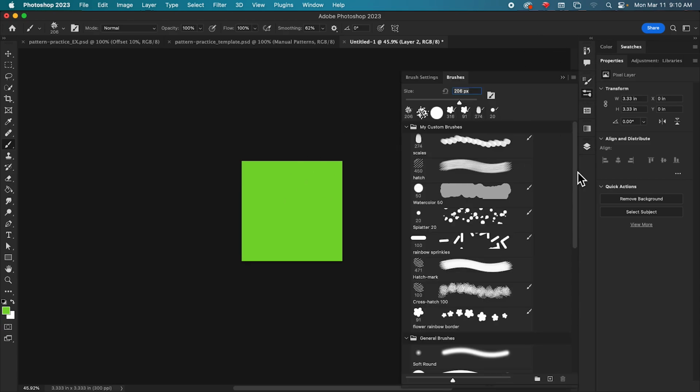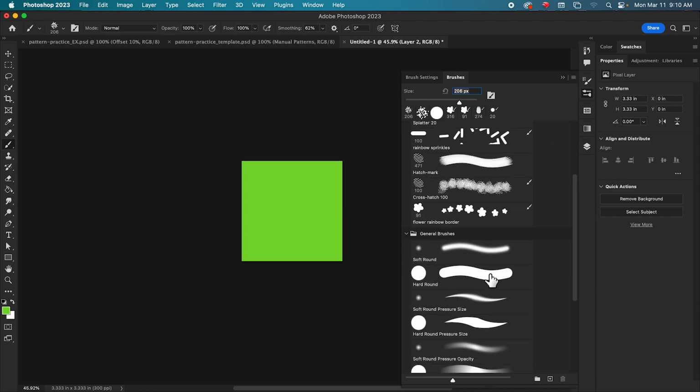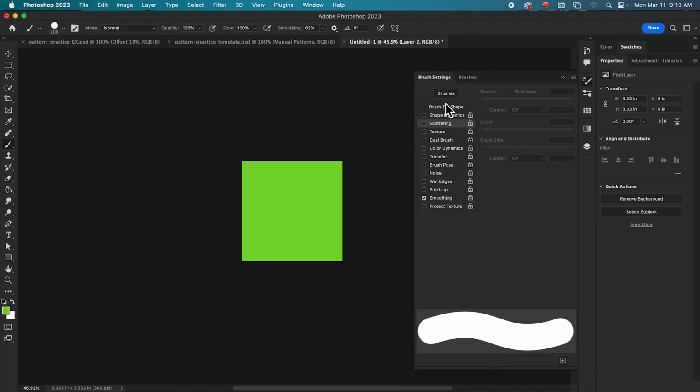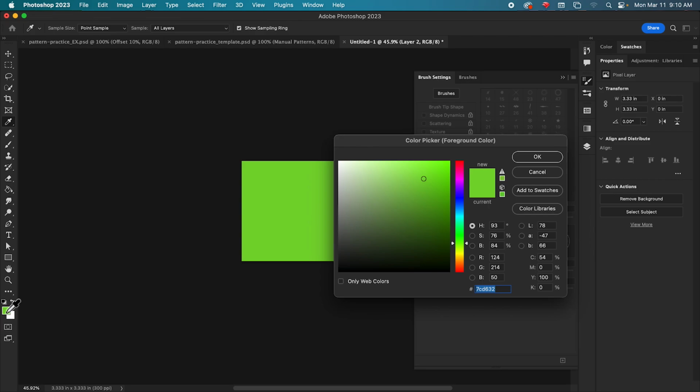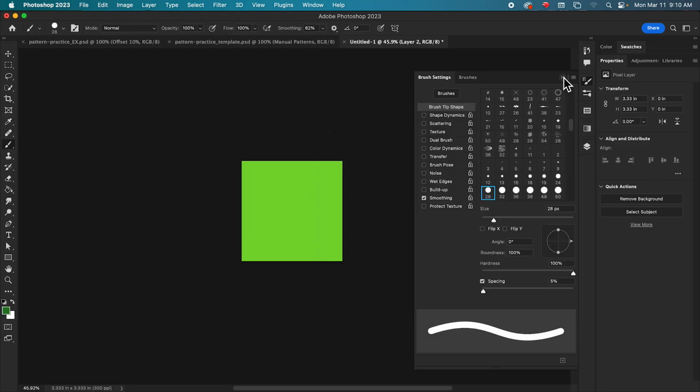So I am going to go, let's see. I am just going to choose a regular hard round brush. Not going to do anything fancy with it. And I think I'm going to draw some leaves, maybe?